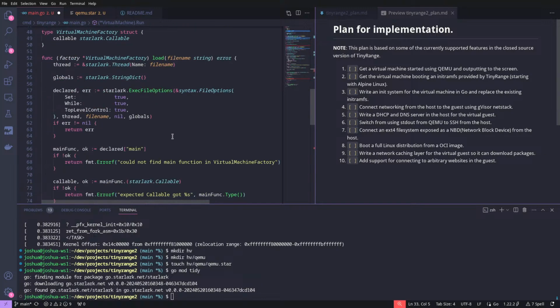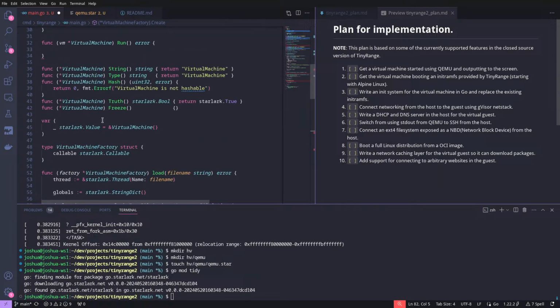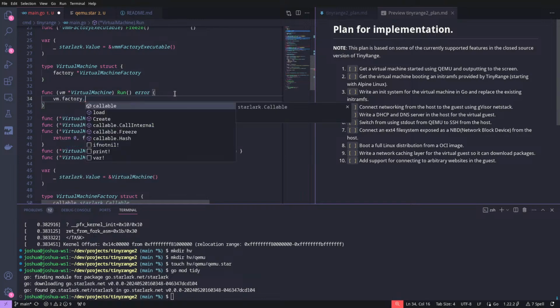So this isn't handling running a virtual machine yet. This is just handling creating. Func factory *factory is virtual machine factory Create, which just returns a virtual machine and an error. And virtual machines internally have a factory, a virtual machine factory, because when they actually run, they do